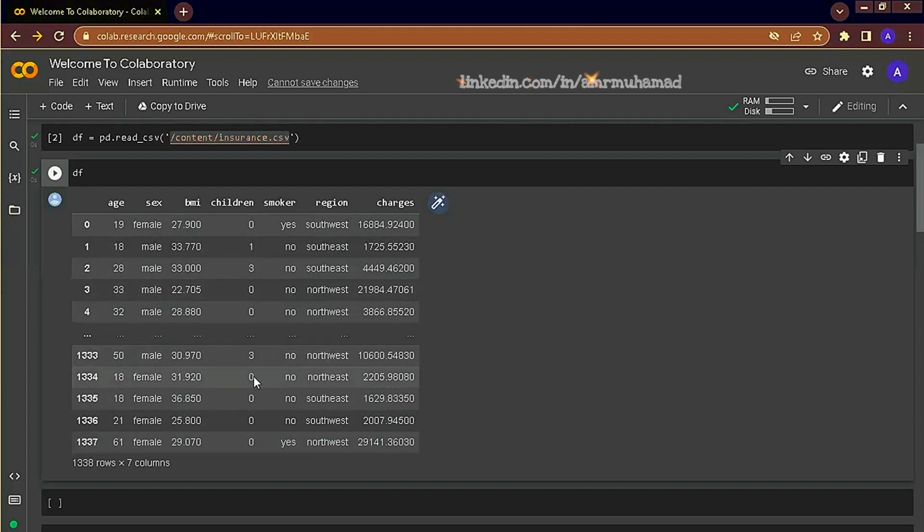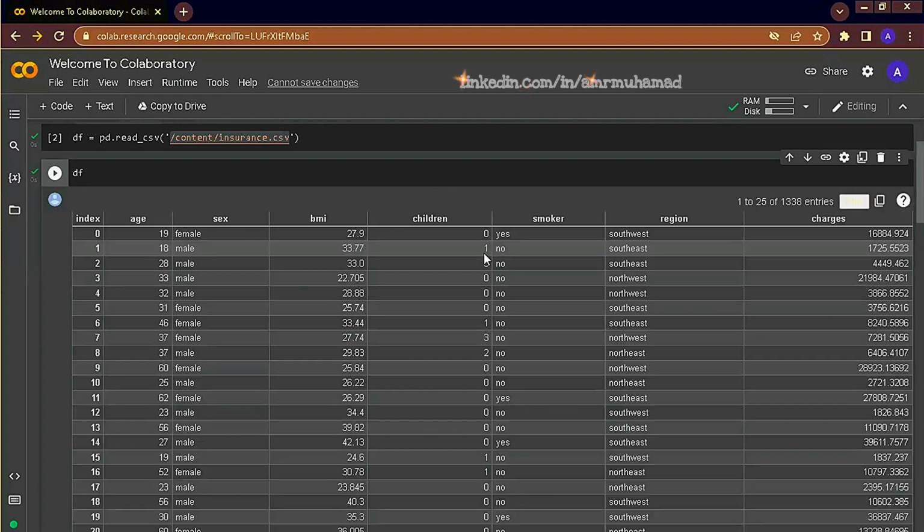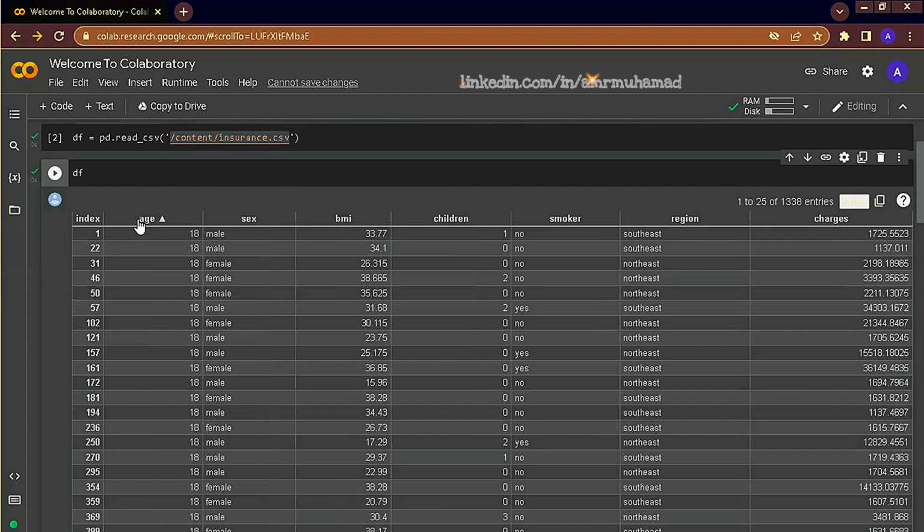One nice feature of Colab is that we can turn this table into an interactive table using this magic wand here. We can now sort the data by, for example, age, by charges.